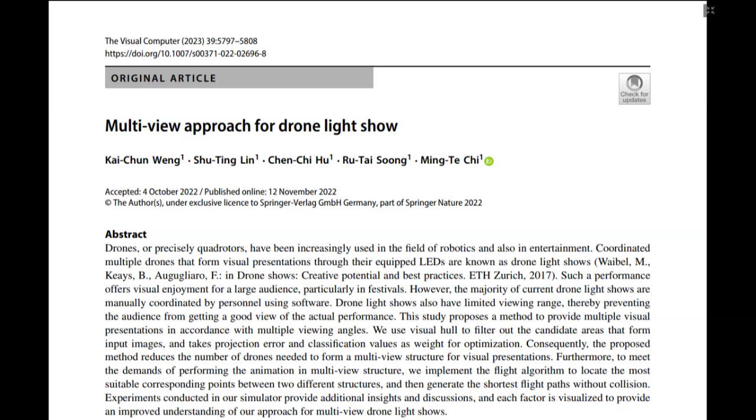To solve these problems, a classification value is added to each point to maximize the number of foreground images it can project. When both points have the same projection error value, points that satisfy more images will be selected. Points are classified according to the number of projections outside the viewing range of each viewing position. The more the number of points located outside, the larger the value. Hence, points with less value